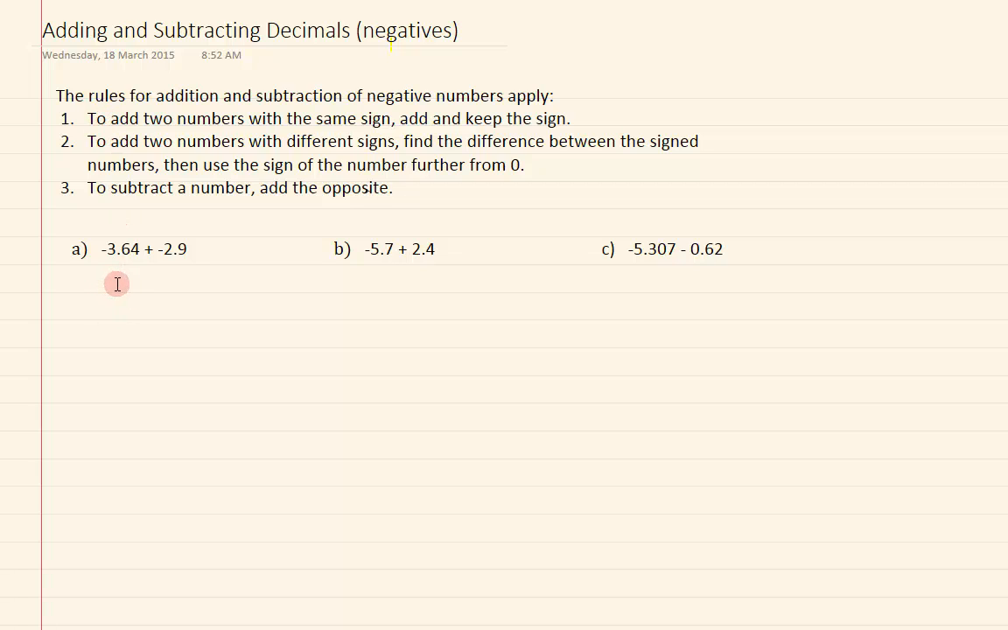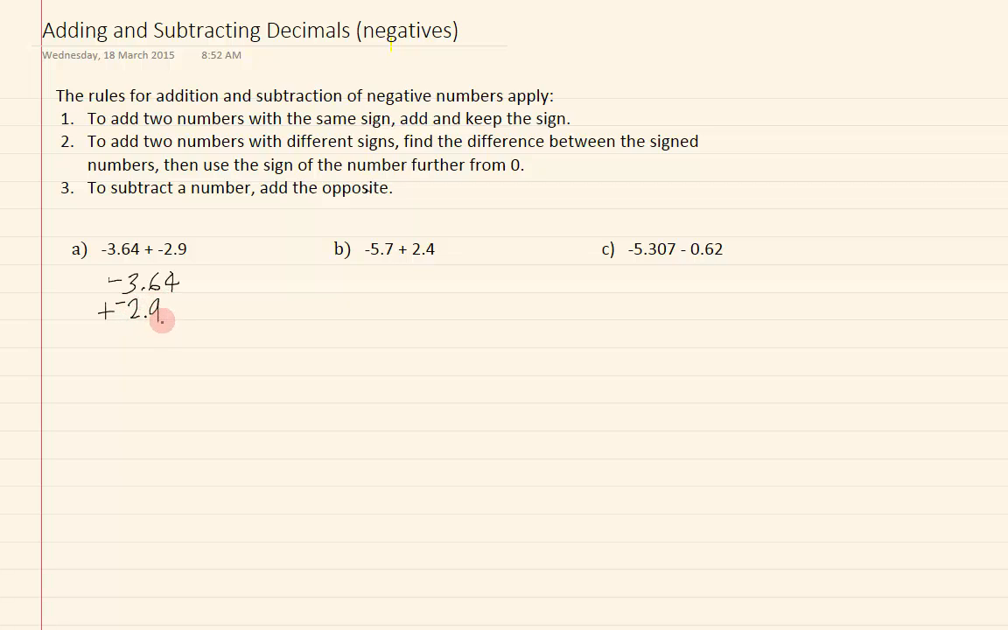So we've got negative 3.64 plus negative 2.9. So our rule says add 2 numbers with the same sign, so we just add these together and we're going to keep the sign, which is a negative. Okay, so very simple. We just make sure that our numbers are lined up neatly. Negative 3.64 plus negative